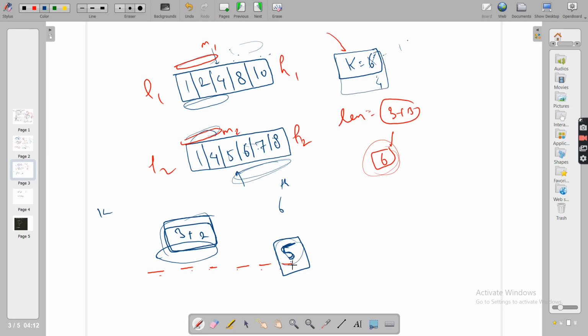So here you see your 5, you cannot ignore this 5, because it has the potential to be your 6th element. If you ignore this, if you don't search for it, then you'll get a wrong answer. So in this case, when your len is lesser than or equal to your k, which was 6 and 6, so 6 is lesser than or equal to 6, you cannot ignore this part, like this mid and all its right friends. You cannot ignore them. Why? Because it has potential.